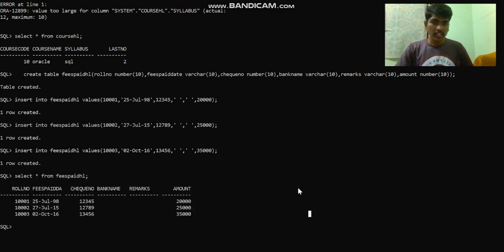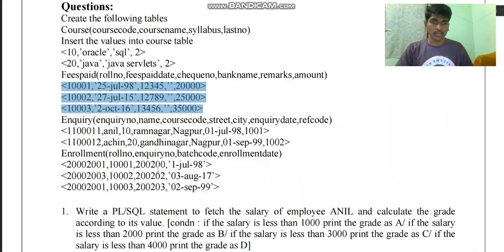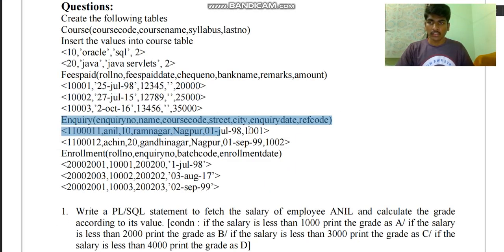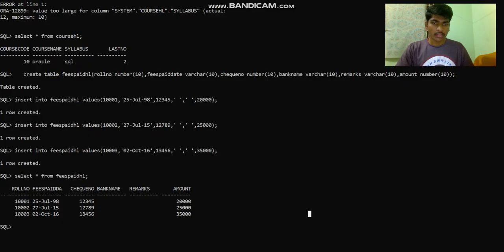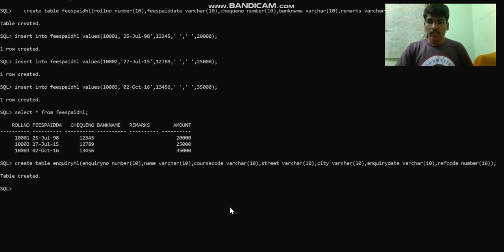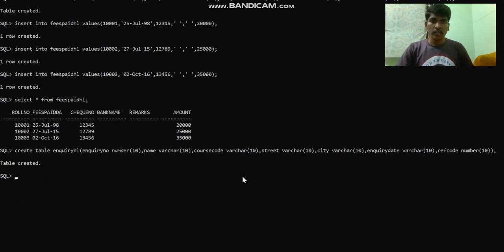Now you can see the next thing we need to do. We need to give the inquiry table with two inputs, that is two data. Same as before, we need to create a table. Then we need to give the input for this table.